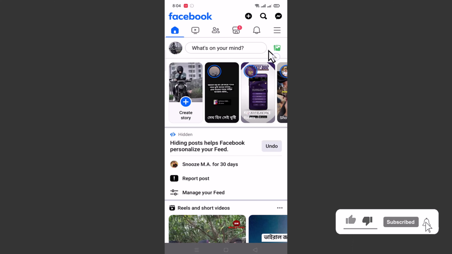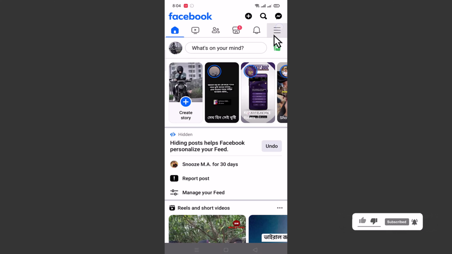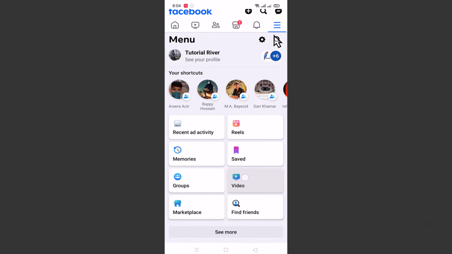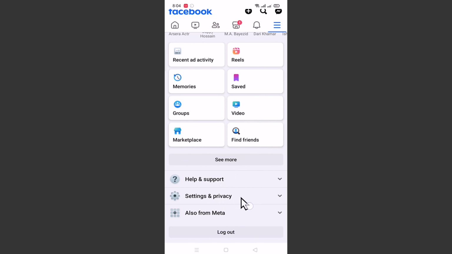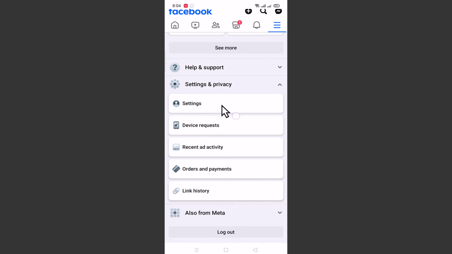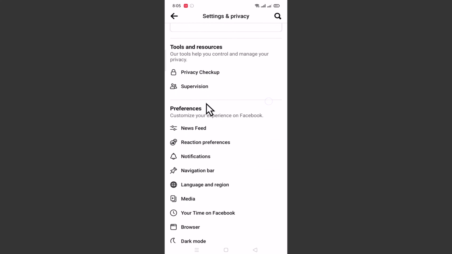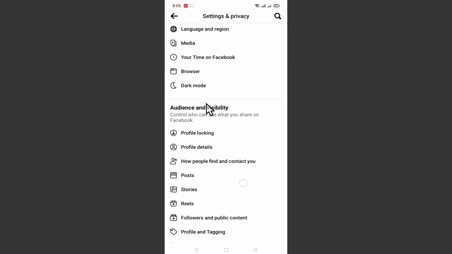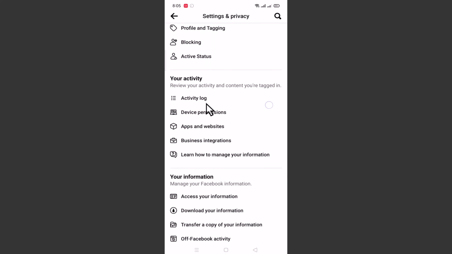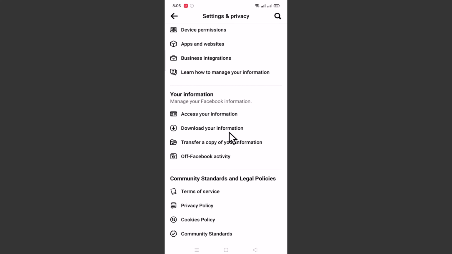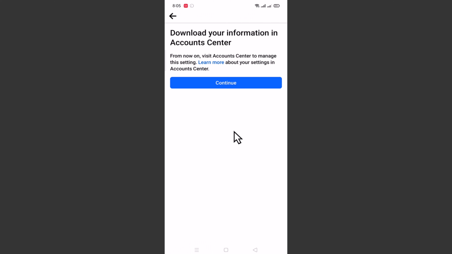In the right corner, tap on the three lines, scroll down and then go to Settings and privacy. Settings, scroll down. Now shown here, download your information. Tap on this, continue,